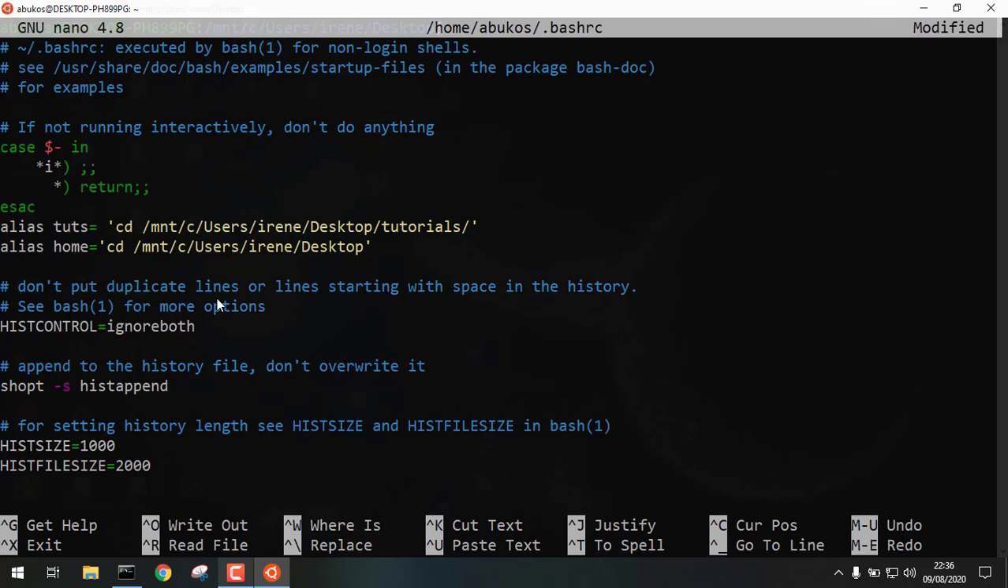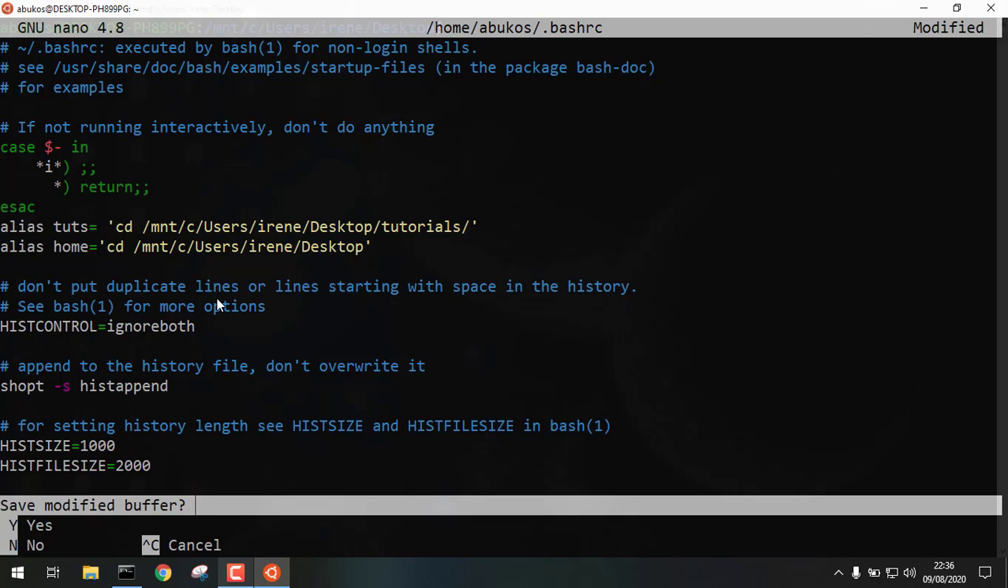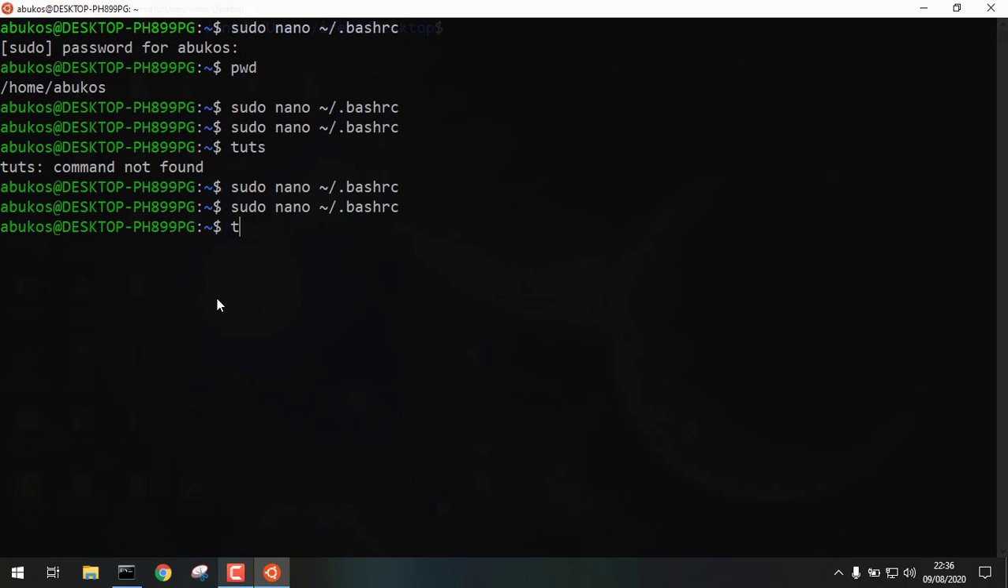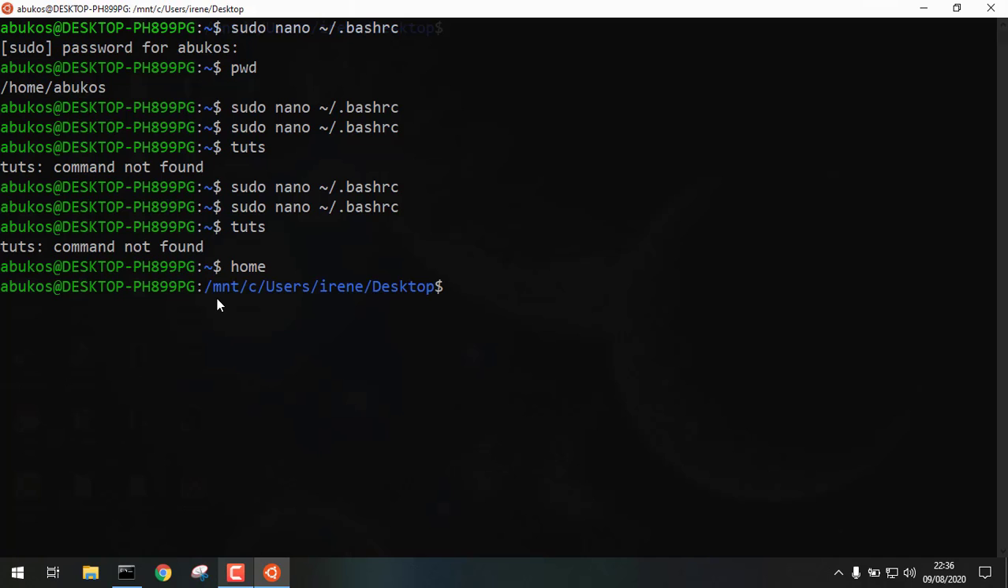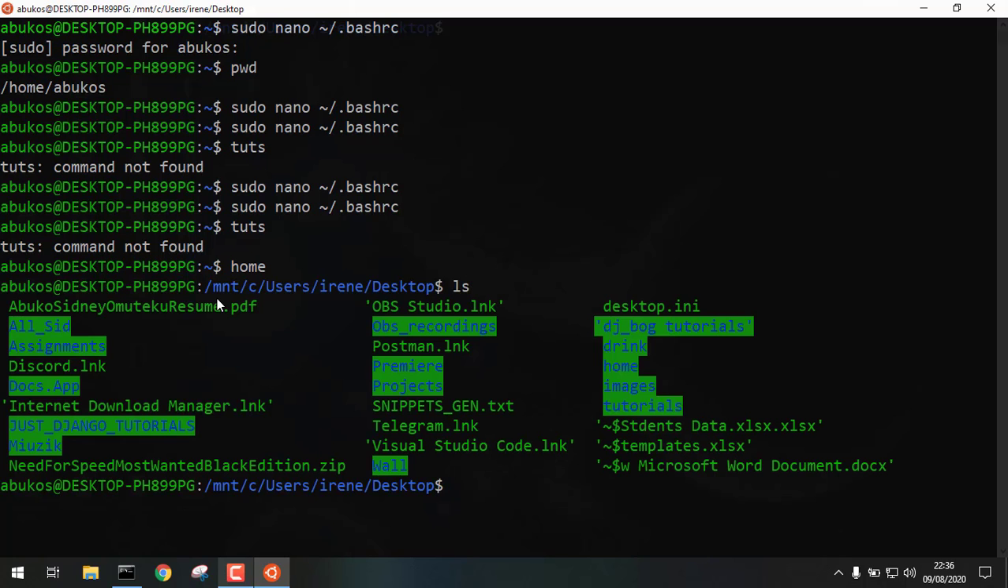So we cd into the mount, and then we go to the users, then desktop, and then tutorials. I don't think that is the correct folder, but let's try it out and see if it works. If it doesn't work, we'll come back and change it. So if I do toots, it says toots not found. If I check out home, we are inside the home. If we list out everything, that is tutorials. So if I cd into tutorials like that,